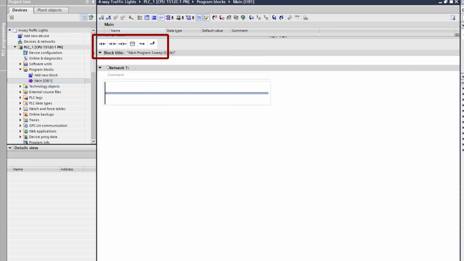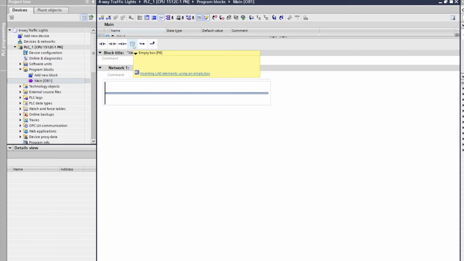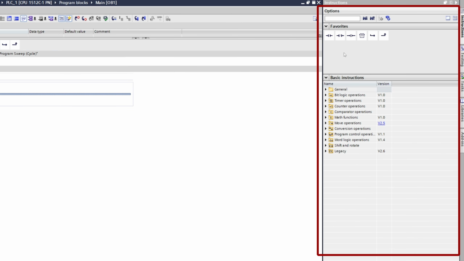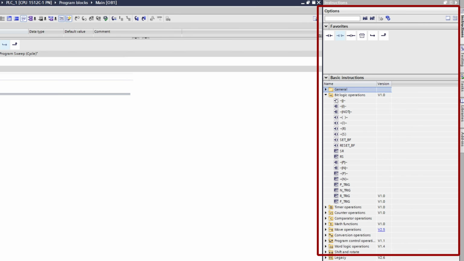Across the top, you'll find shortcuts to the ladder instructions you'll use most often, such as normally open contacts, normally closed contacts, output coils, branch instructions, and the instruction box used to insert functions into your program. On the right-hand side, you'll see the instructions pane. Under Basic Instructions, you'll find all of the instruction categories available in TIA Portal. This is where you can access logic operations,